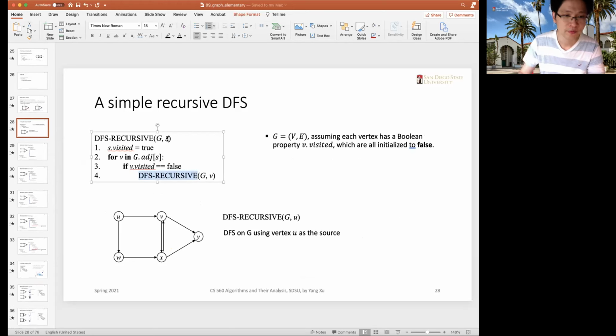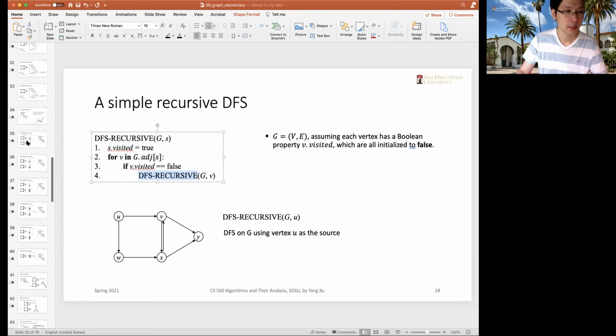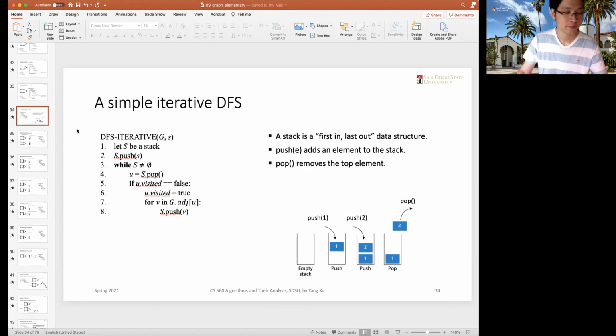So it basically starts with the source vertex, right? It will set the visited attribute to true, and then go through all the adjacent vertices in the adjacency list, right? And for each visit, it will call the function, call itself recursively. All right. And the non-recursive, the iterative version for DFS